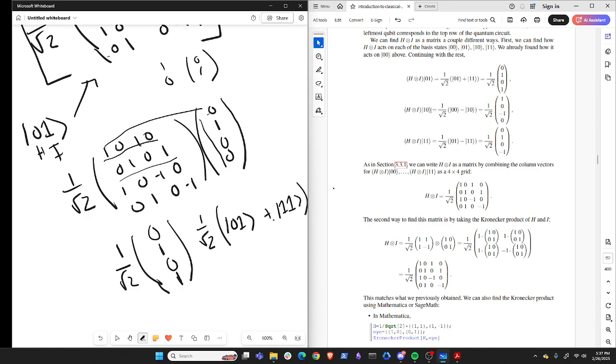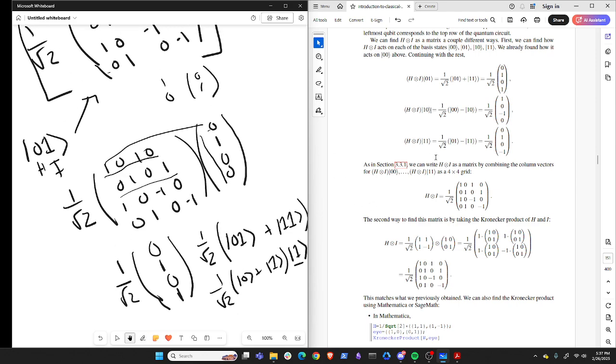And if we factor the 1 out, we see that this is in fact the Hadamard of 0 with the unchanged state 1. So we can do it via